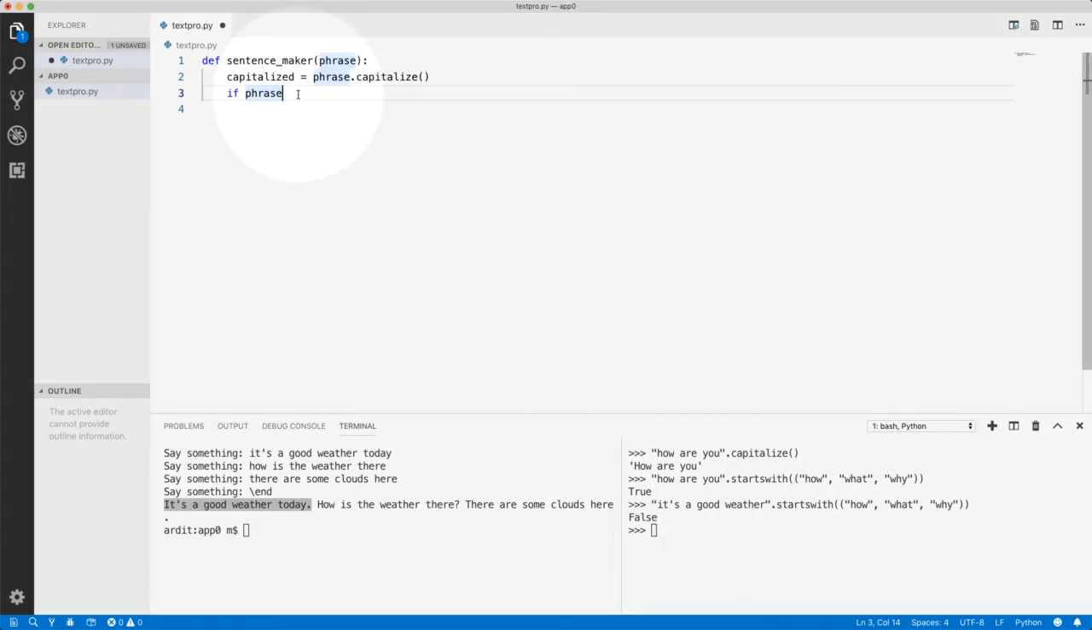So we can make use of that and say if phrase startswith how, what, and why. You can do that, or even better would be to get this tuple and save it in a variable. Let's say interrogatives, and put it there. So then here you just put the variable, and that will make the code more readable. So if the phrase starts with interrogatives,